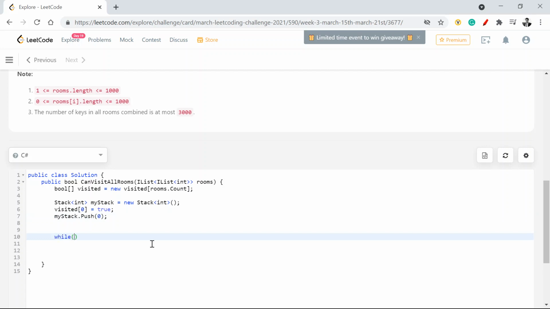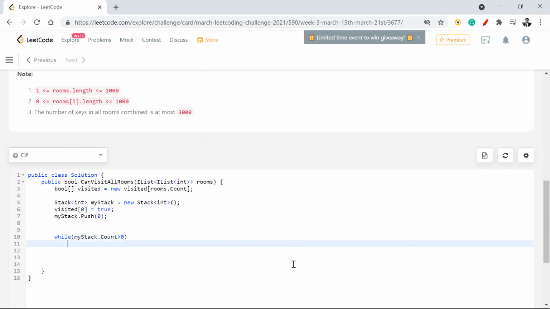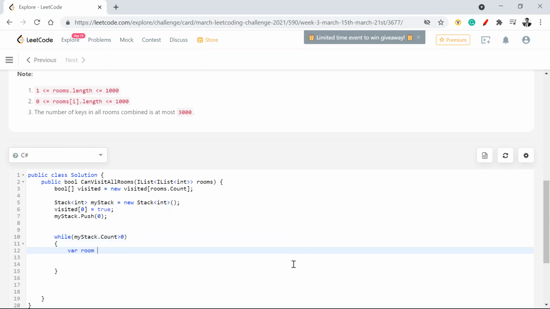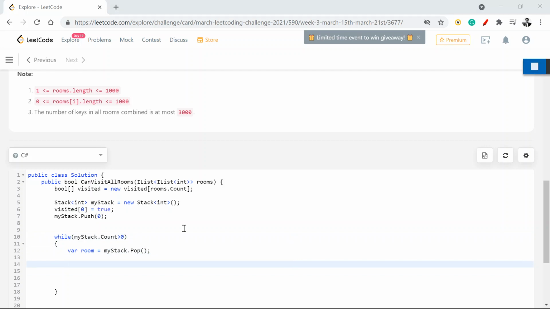So while my stack dot count is greater than 0, I'll go inside that and find the room index. Room is equal to my stack dot pop. I got that 0 in the index. Now I'm going to find all the keys which are there in that room.